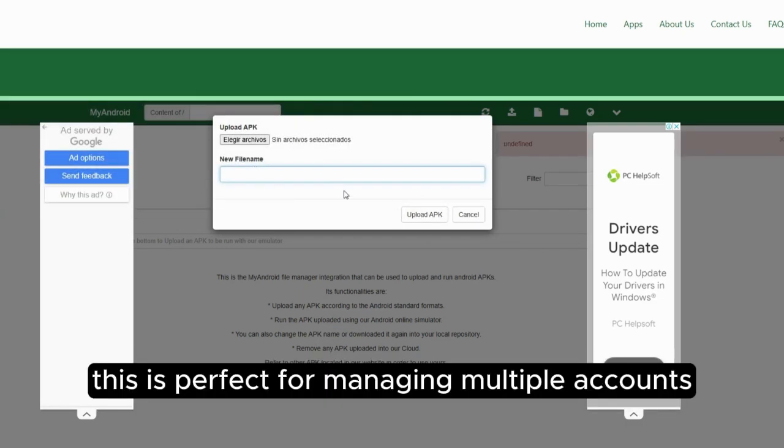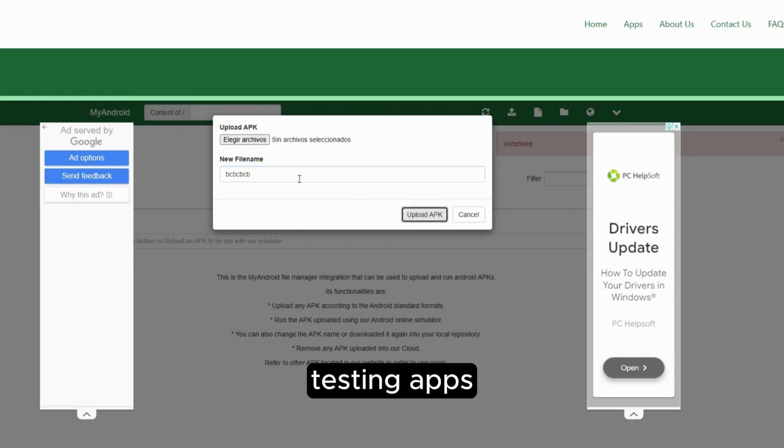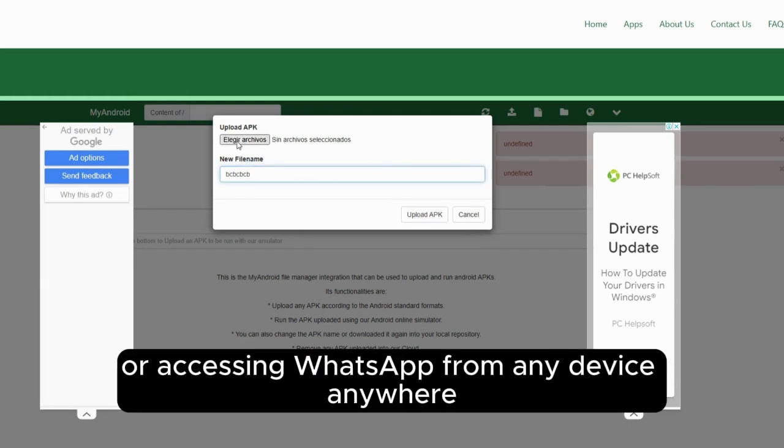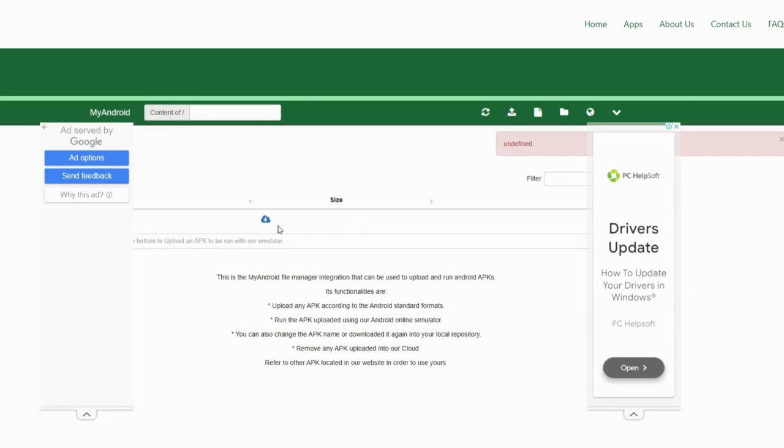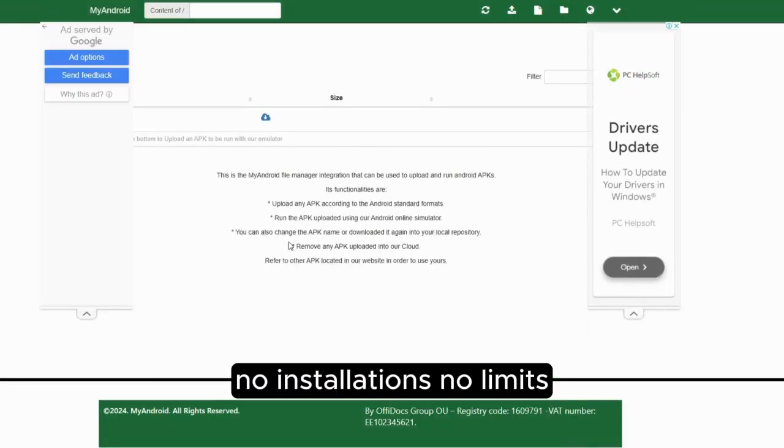This is perfect for managing multiple accounts, testing apps, or accessing WhatsApp from any device, anywhere. No installations, no limits, just pure